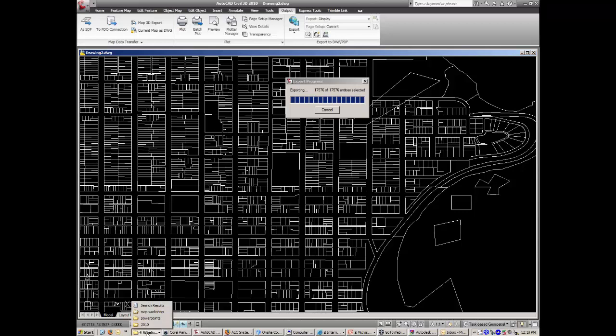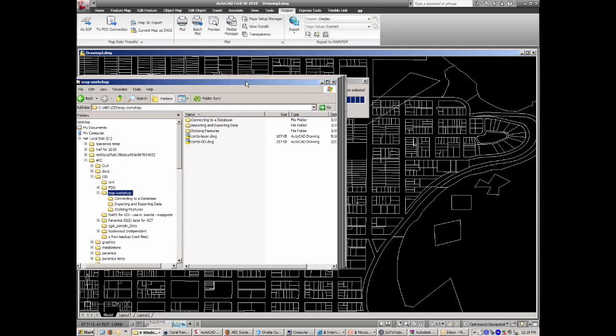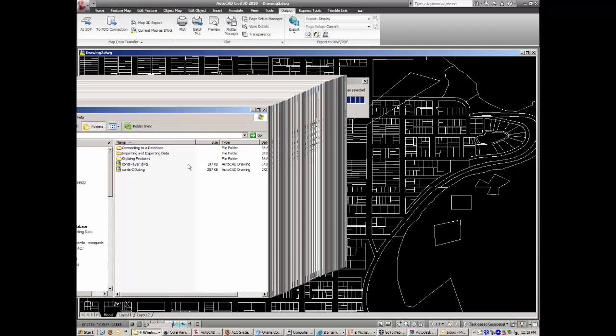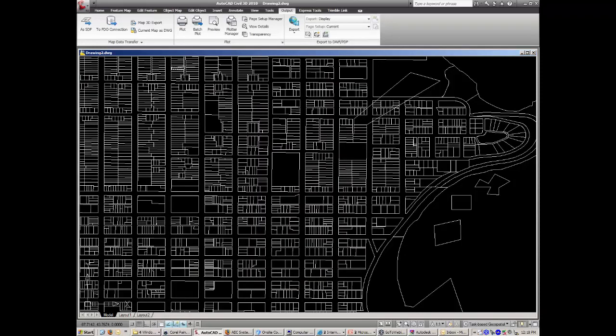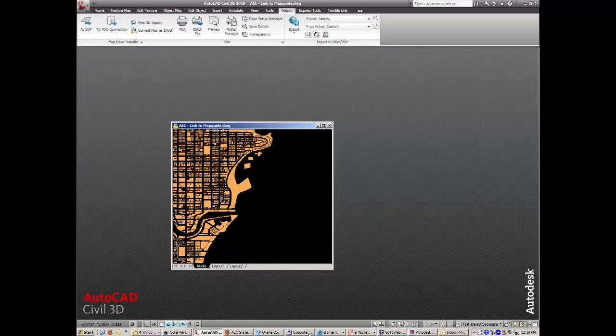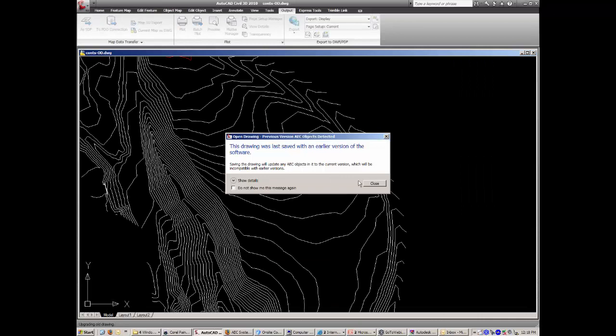Now, a classic scenario which we come across all the time is that somebody has received contours from a GIS department, and when they open the drawing file, the contours are all at elevation 0. I've come across this in many different places. So let me just show you what I mean here. I've got a file here. So we have contours by object data. So when I open this file up,